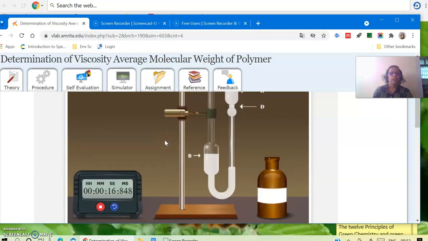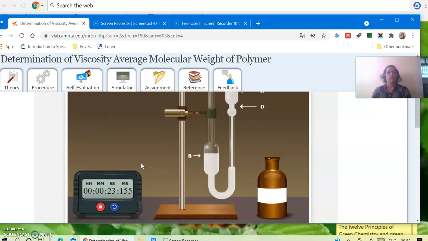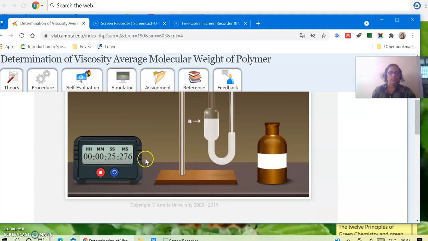I hope you will enjoy it, and all of you will report to me the molecular weight of one of the polymers of your choice and select a suitable solvent. There are various combinations of 5 solvents and 4 polymers. So each group can do a different system and verify the molecular weight of the polymer.